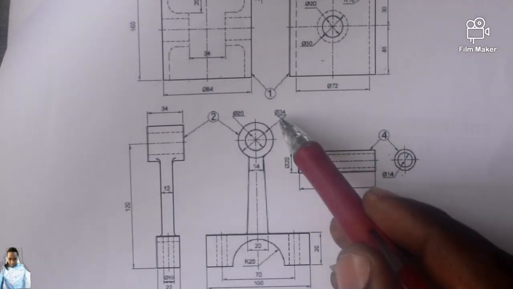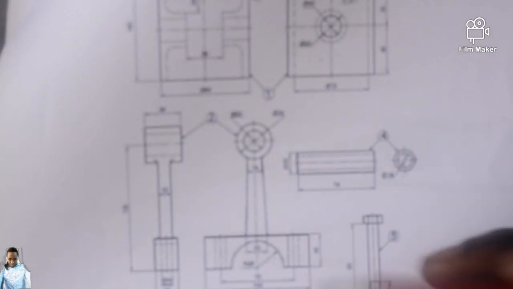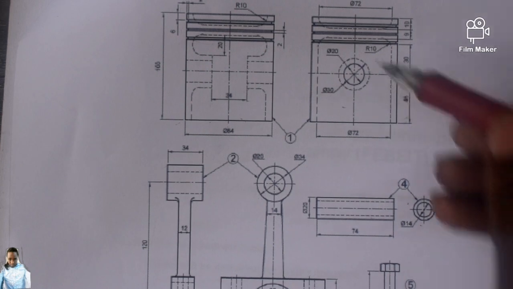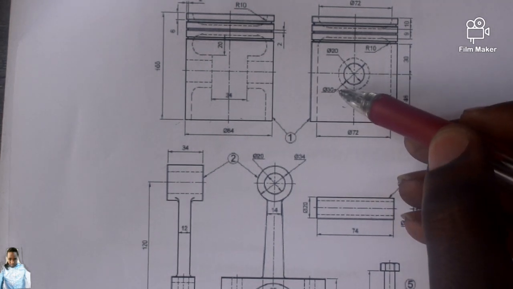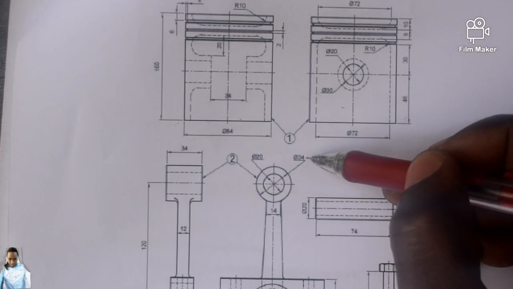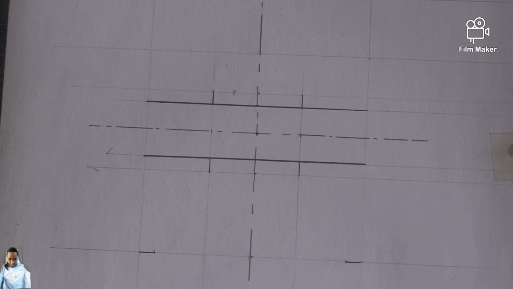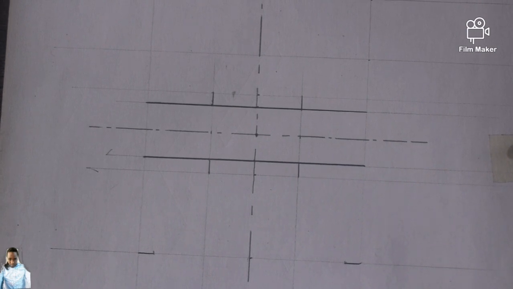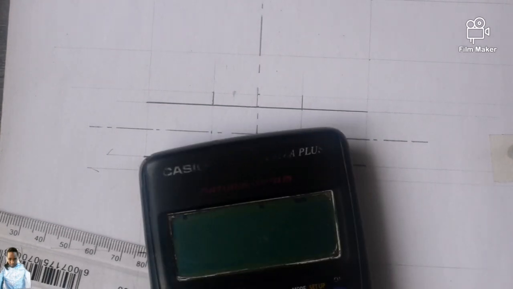This one seems to be diameter 34, but this one I'm absolutely convinced this is 30, but this one seems to be 34. So how are we going to do that? We are going to do it like this. 34